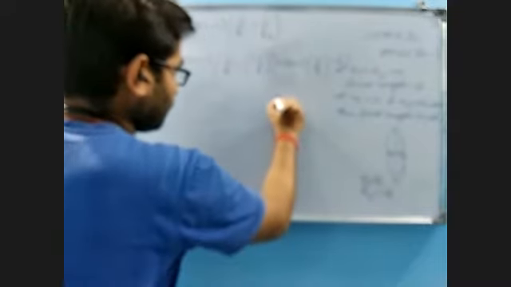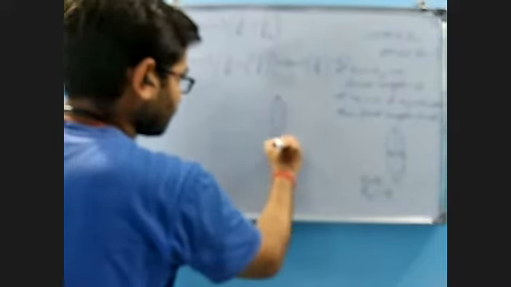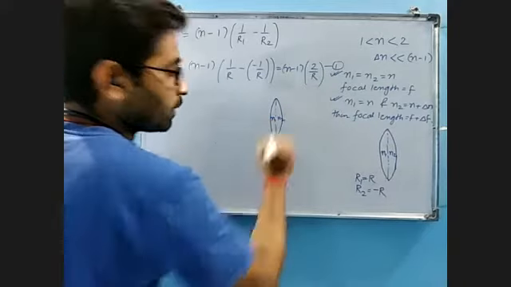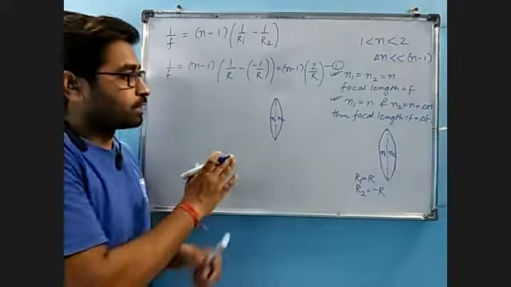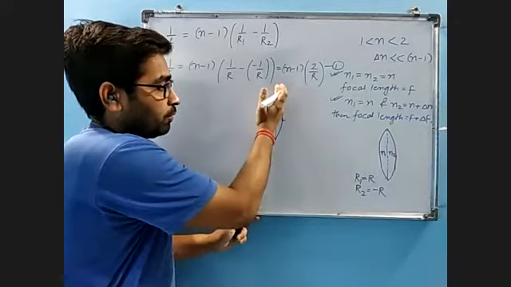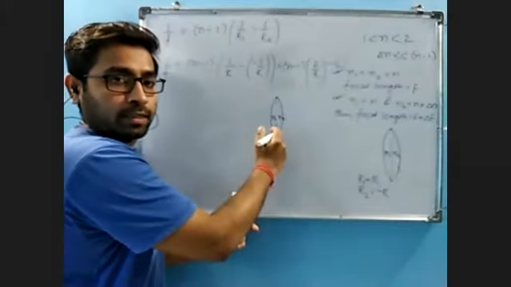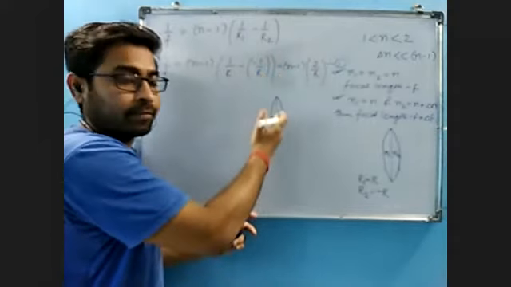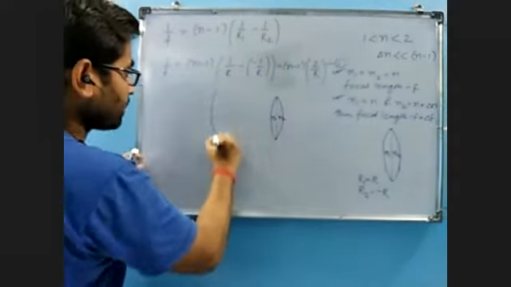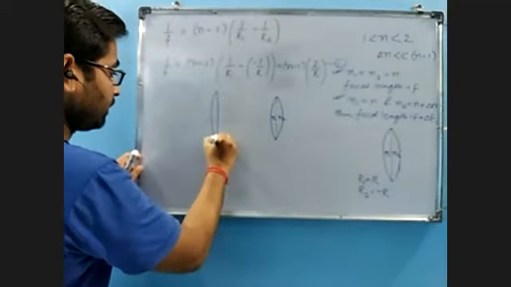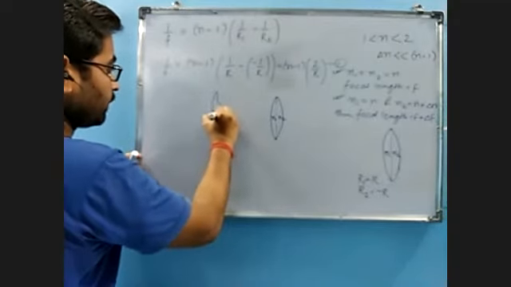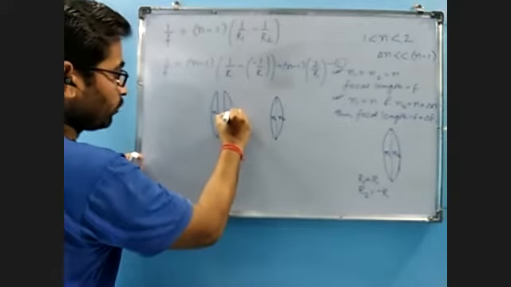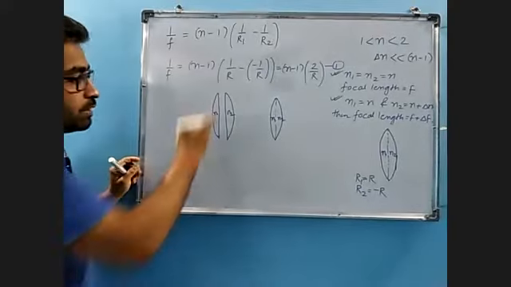The first one is made up of n1. The second one is made up of n2. We can consider one part to be convex and the other part to be plane. That means we can consider them separately like this. The first is made up of n1 refractive index. The other one is made up of n2 refractive index, and this one is the plane part, so it will have